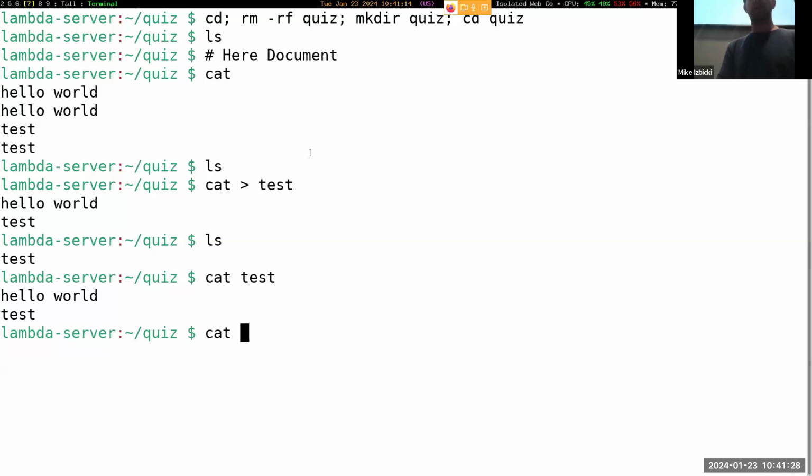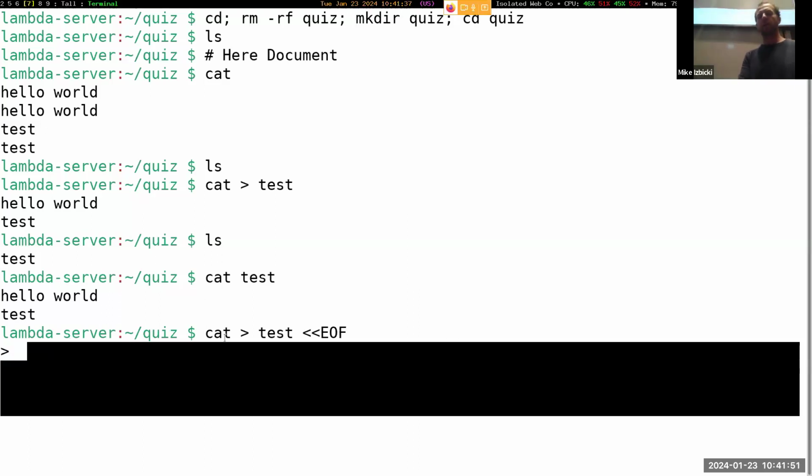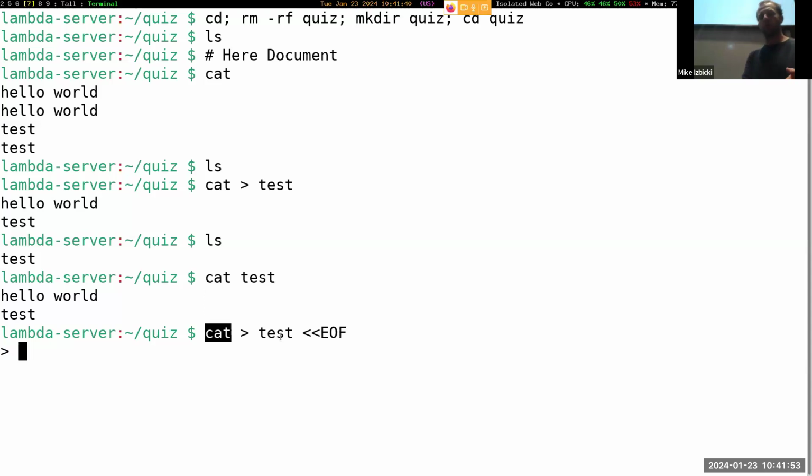If I type cat, output redirection to test, and then two less than signs like this, and then EOF like that, now I am inside of the here document environment. Those two less than signs right here are what creates the here document environment. And this lets me type in whatever text I want right here, and whatever text I type in right here will be used as the input to this program over here. So I can type in,